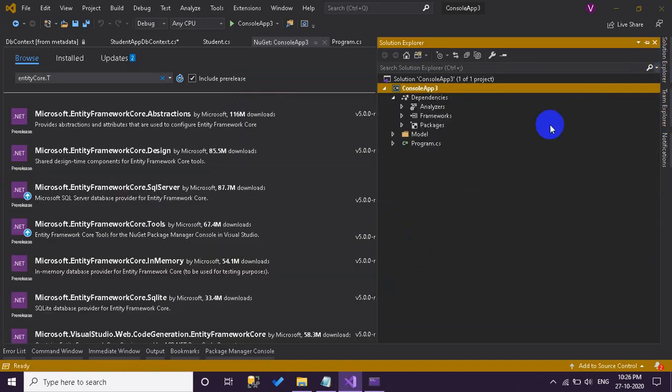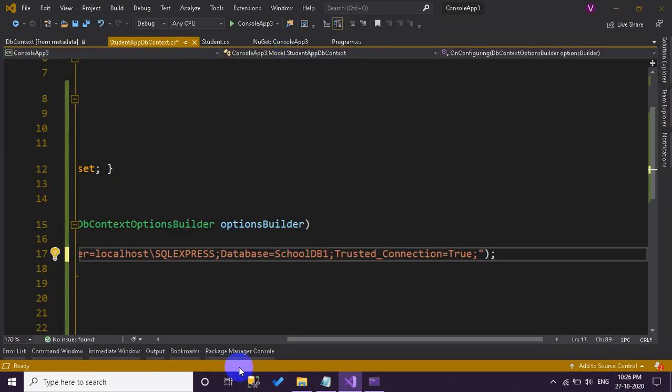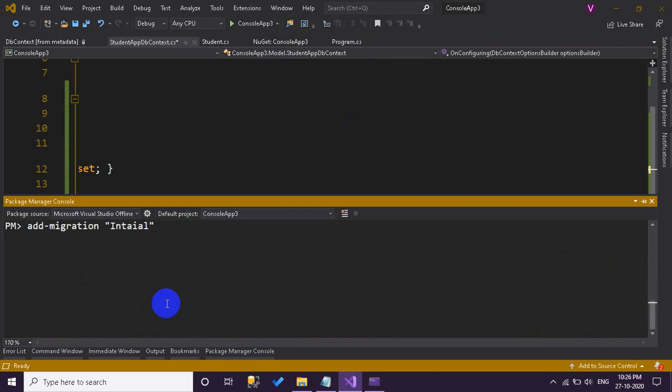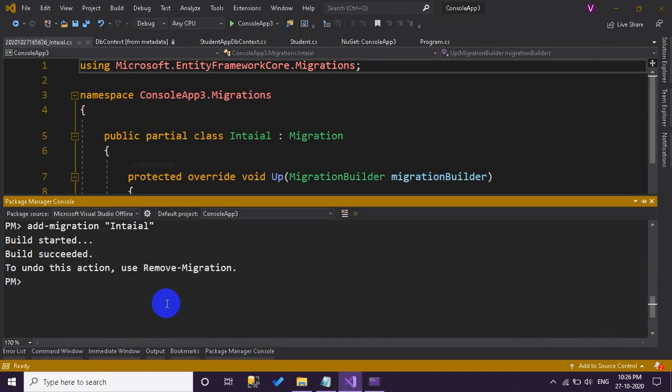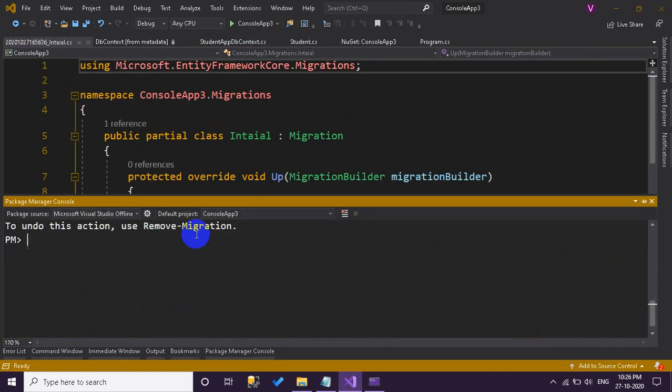I think it's installed. Let us check. Yes, it is installed. Now we can try it once again. Add-migration initial, build succeeded, and update-database. This will update our database. Our migrations also work.